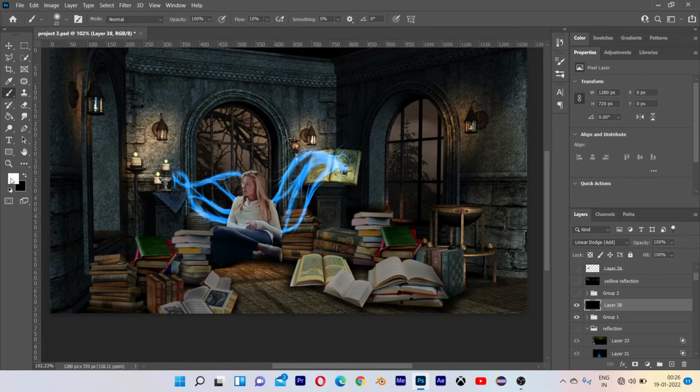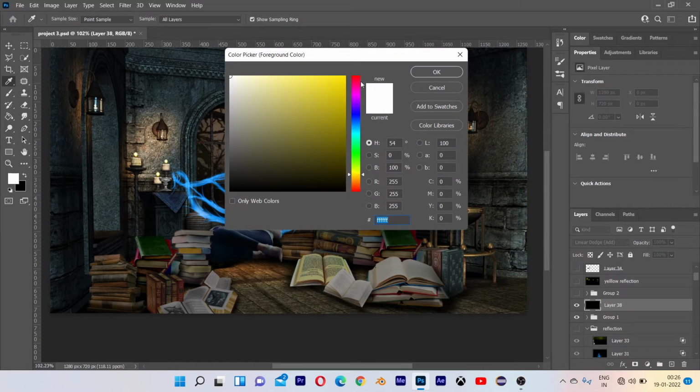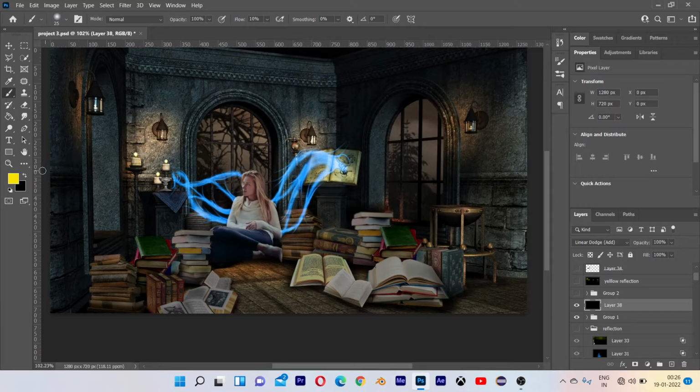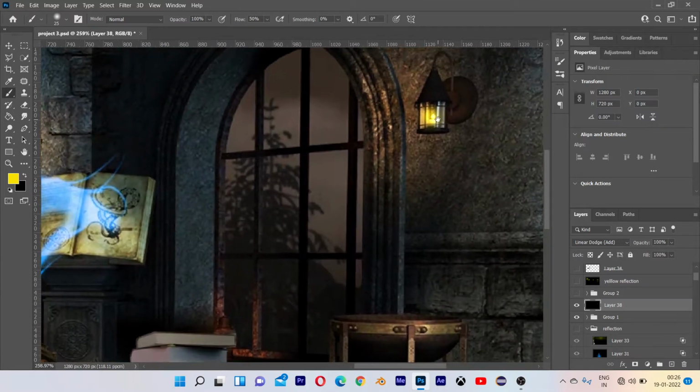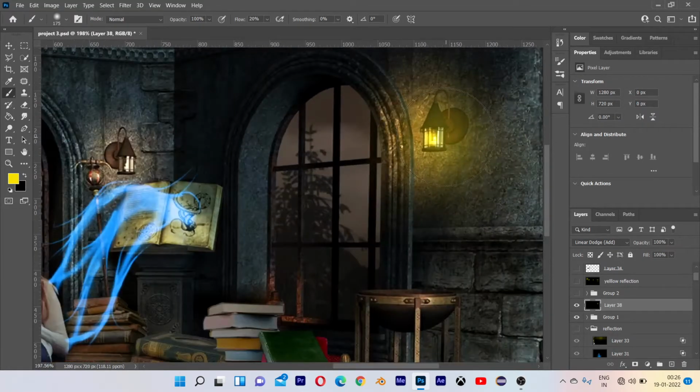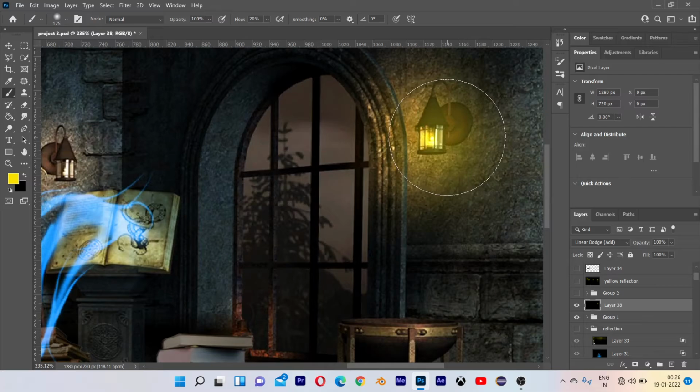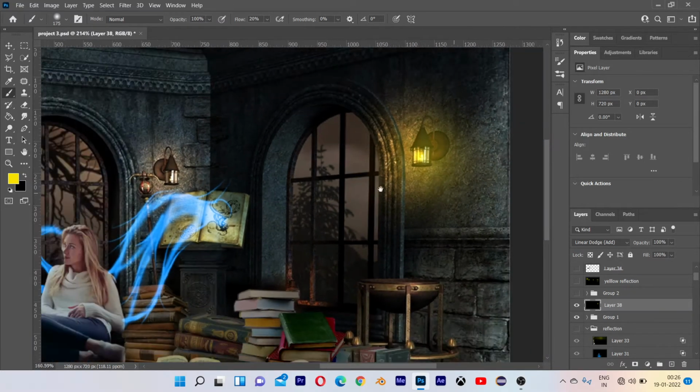Okay, blue and yellow color selected, flow up to 50%, and increase the brush size and decrease the flow up to 20%. 20% and paint. It will give the glow to our screen or background or light.